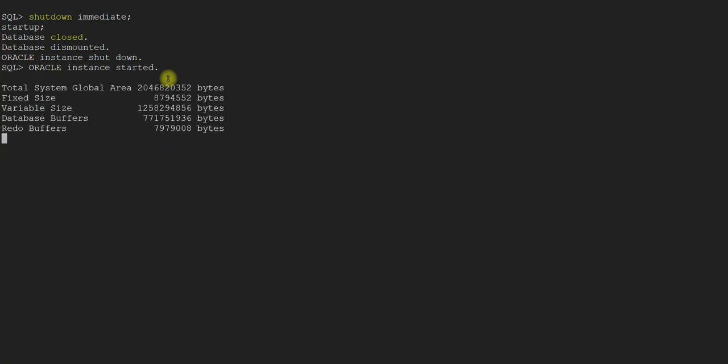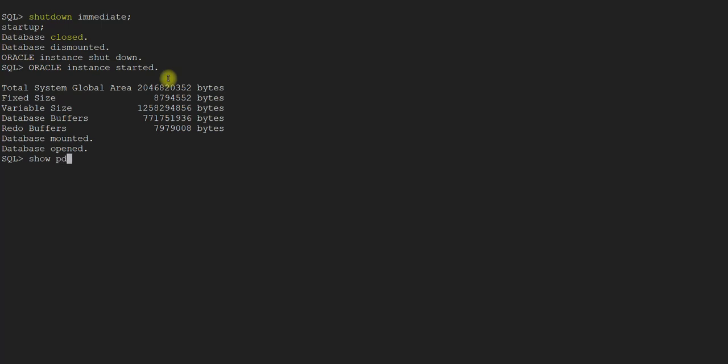Okay, so shutdown immediate and start it up again. Let's see what will be the state of the pluggable databases. Just a moment, let it come up and then we will verify.